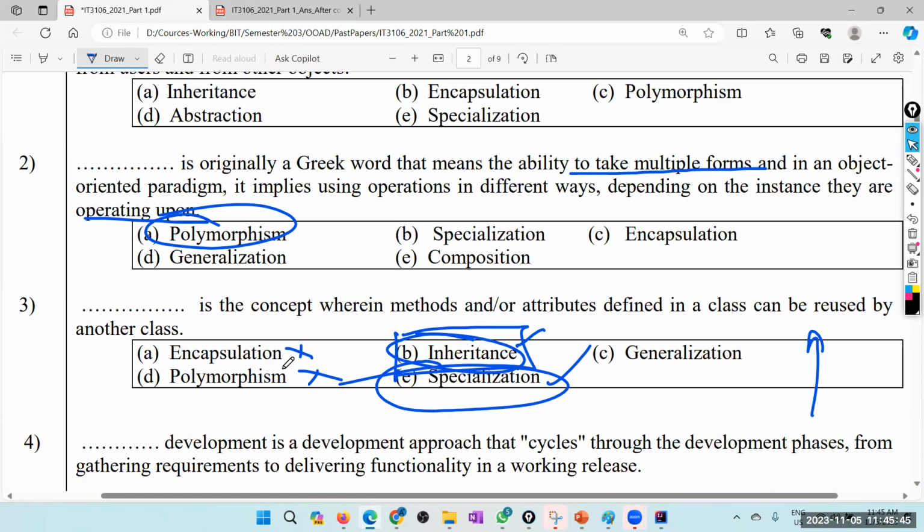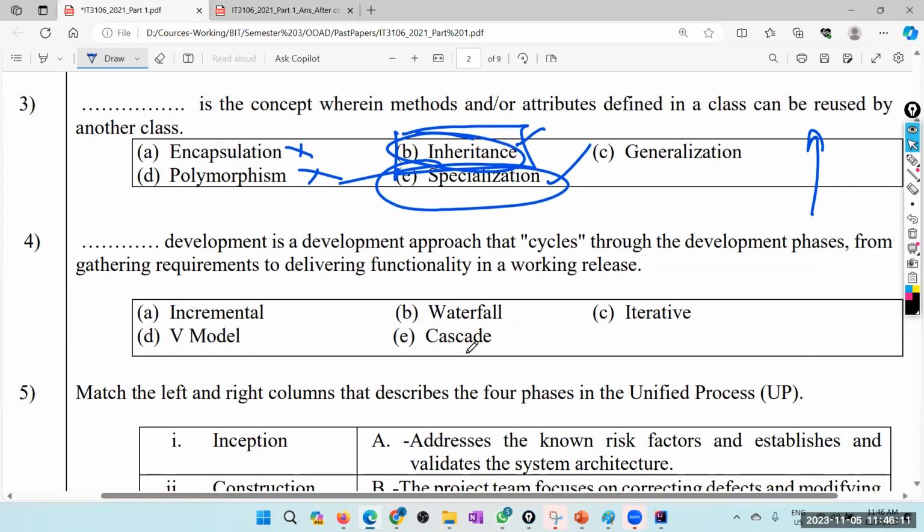So again, if I meet the examiner, I will argue why specialization is not there, because those are the part and parcel of when you go for higher studies. Okay, so that is why we have universities, right? University education is all about, we can have some arguments. But I'll go for inheritance and specialization, but the examiner has taken only inheritance. Okay, 4th one,